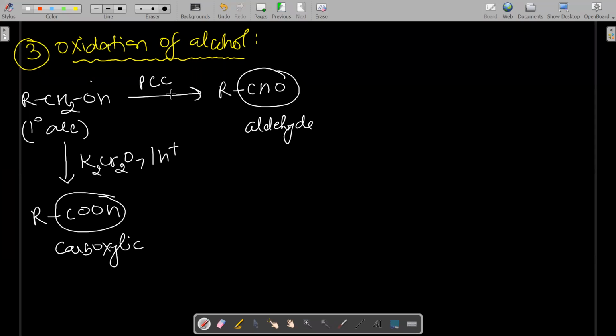So primary alcohol may convert into aldehyde or may convert into carboxylic acid. So whatever the product you require, you have to use that reagent. If aldehyde is needed, we have to use PCC. Why PCC? PCC is what? Mild oxidizing agent. So by which aldehyde can form. But when you add K2Cr2O7 as a strong oxidizing agent, this CH2OH, that is 1 degree alcohol, directly converts into carboxylic group, right? Is it clear? Okay, already we have done. Okay, so now second example, this is 1 degree alcohol. What about the secondary alcohol?